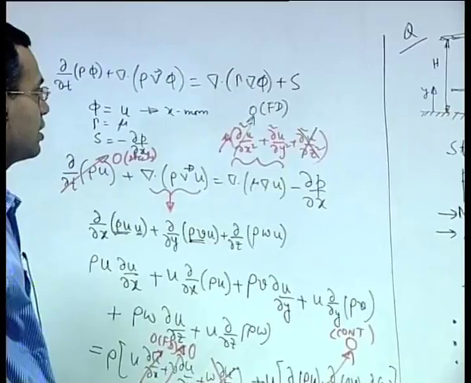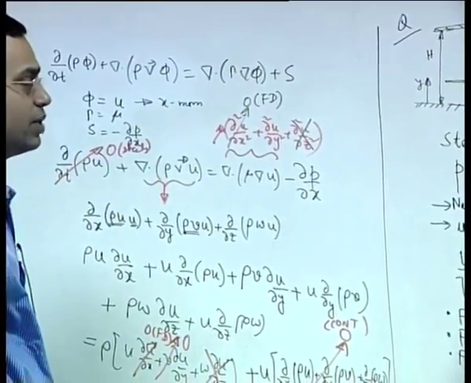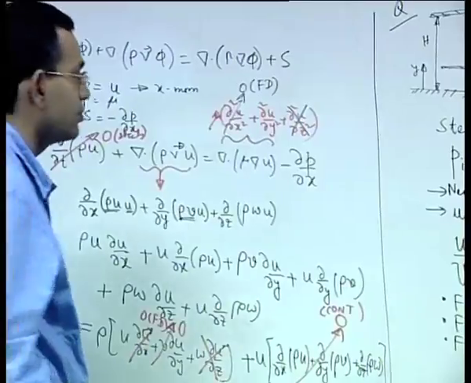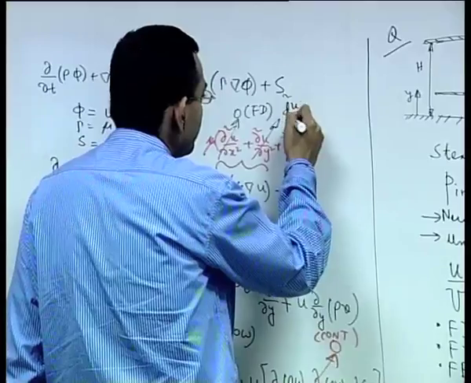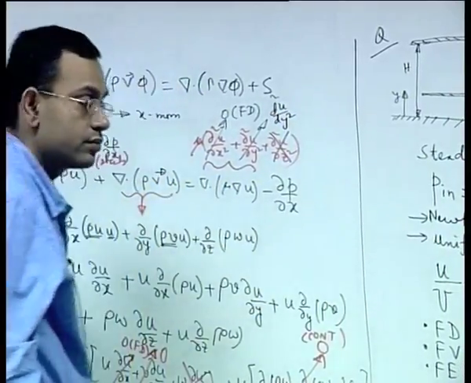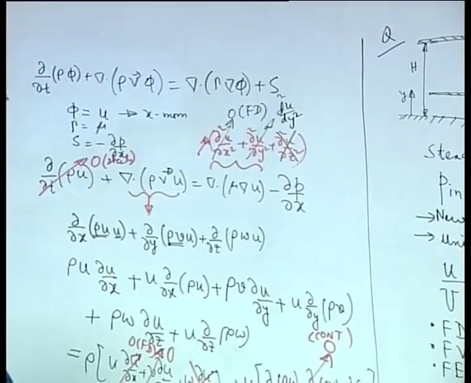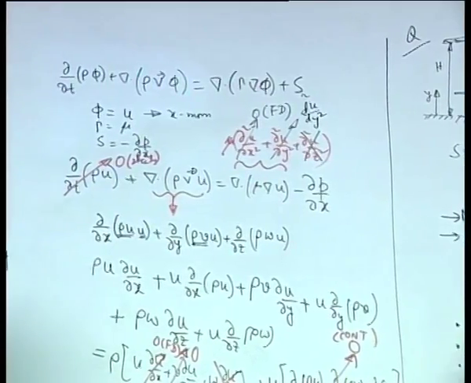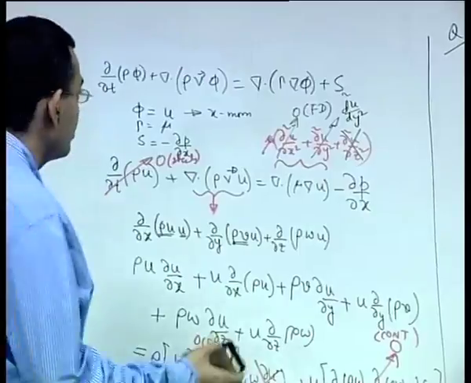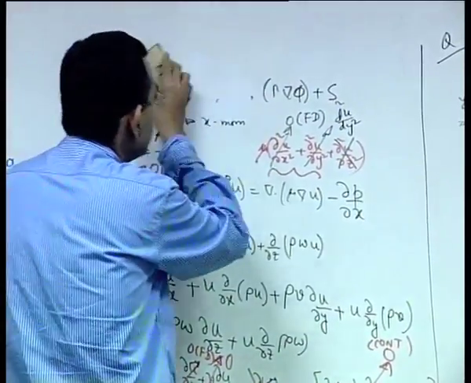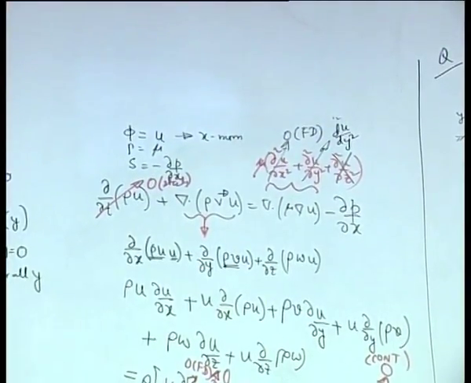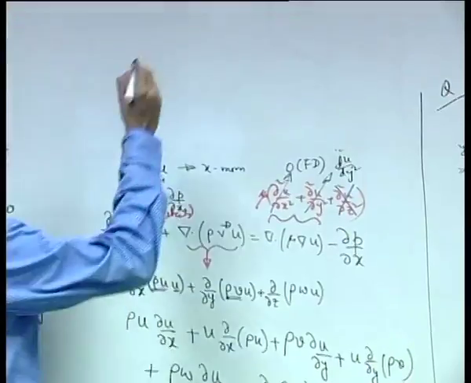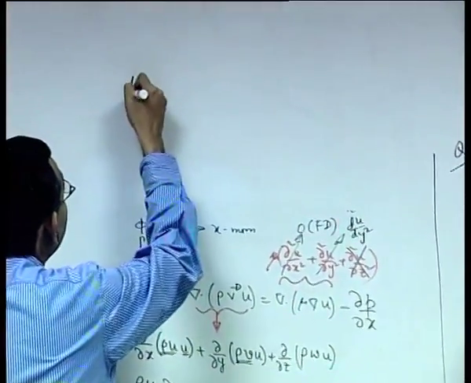And because it is fully developed, u is a function of y only. So, this will become an ordinary derivative. So, to summarize the simplification, what we have at the end, we have mu